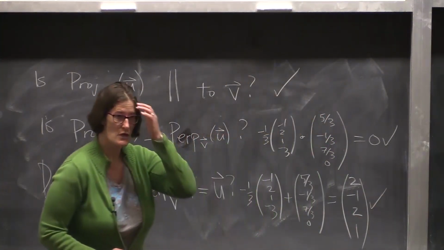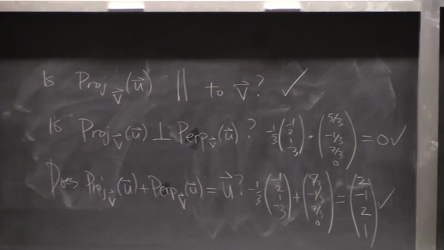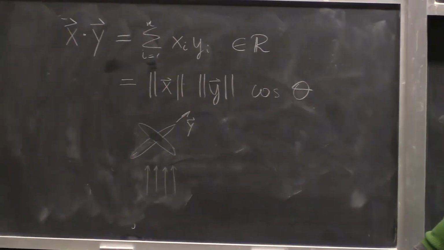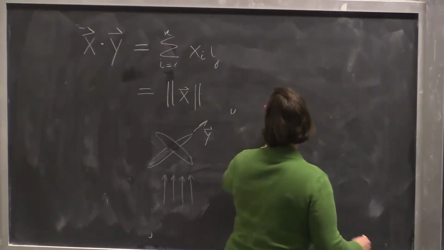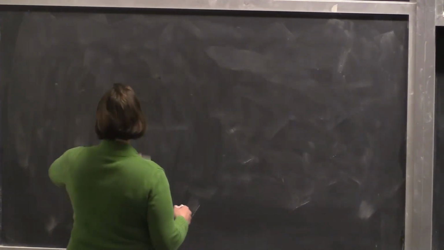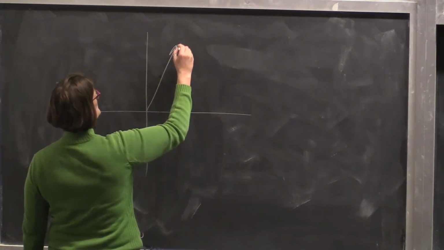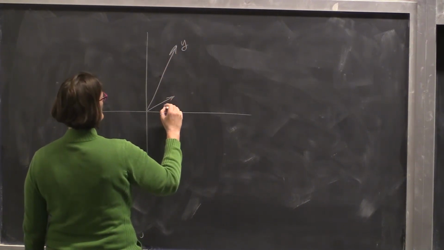Okay. So no mistakes. Okay, let me give you another derivation of the projection, because there are two ways of deriving it, and if you don't like geometry, you might like the other way. Okay, so let's draw the picture again. So here is y, here is x,